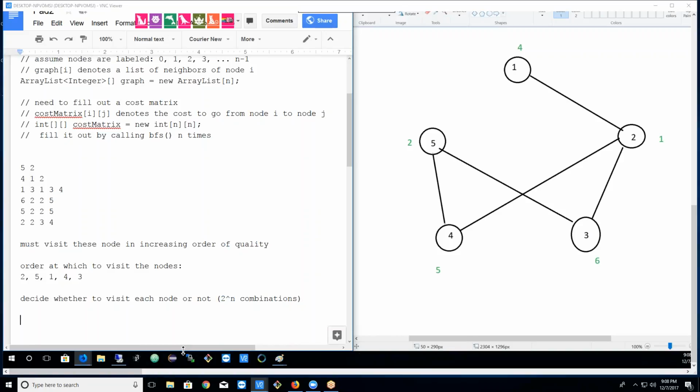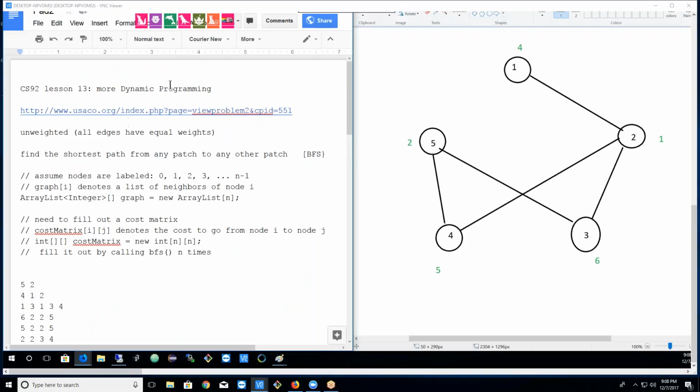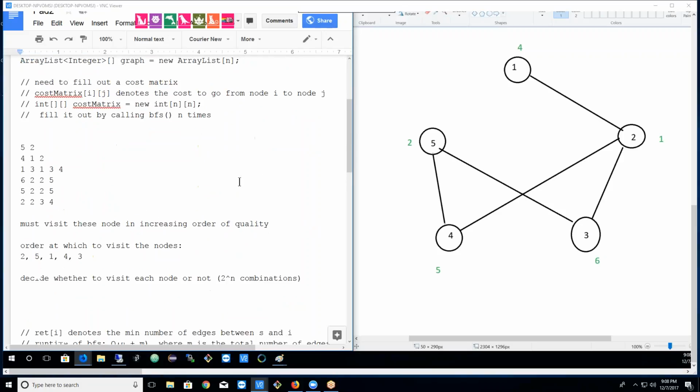Hmm. Yeah, what can we do next? Well, yeah, can we reduce this 2 to the power n thing? Actually, the answer is yes, right? Because we're learning about this technique, and I'll just tell you that we can actually reduce it using dynamic programming. Yeah, so in general, if you see something that's seemingly combinatorial, and it obviously has to be much faster